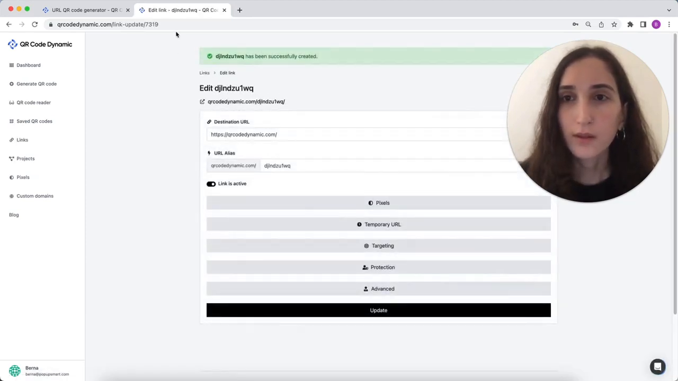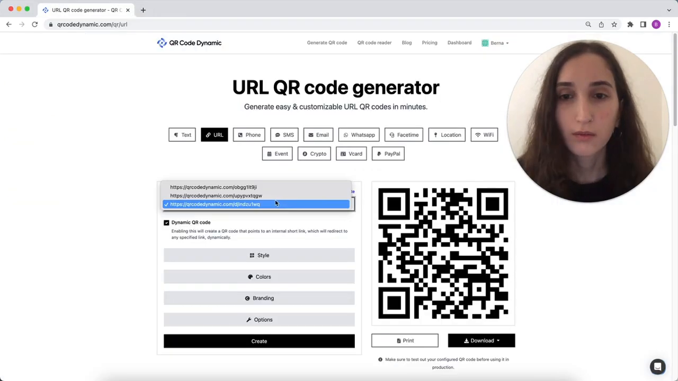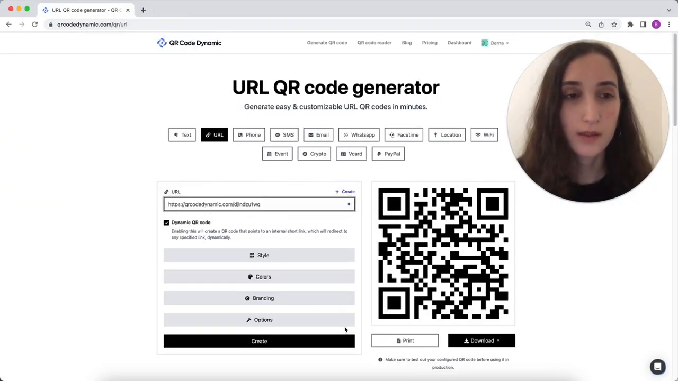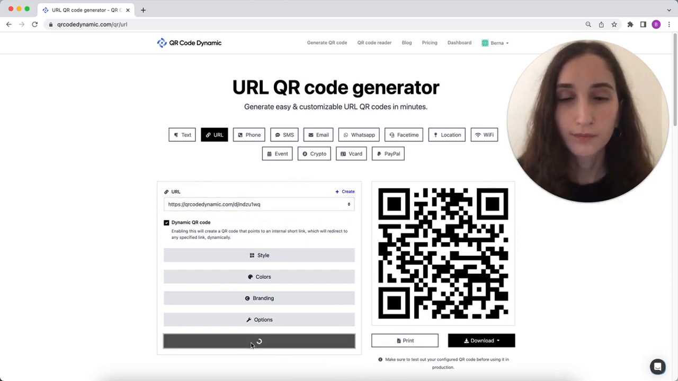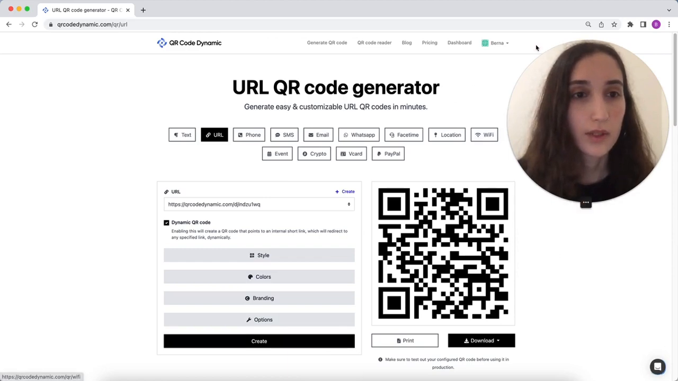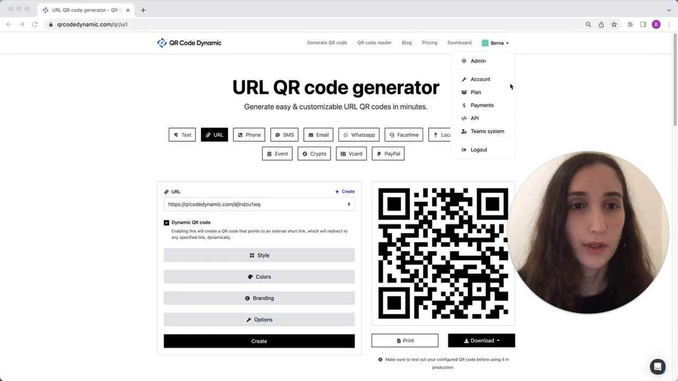Now we created our link. We can find our link from this part and customize it. And once you are finished, click on the Create button. Now your dynamic URL QR code is ready, and you need to navigate to the accounts from here